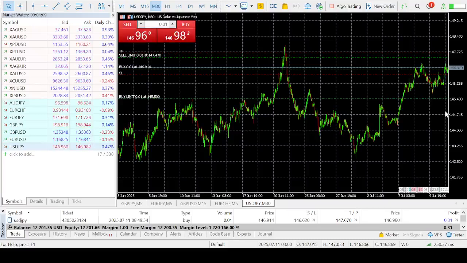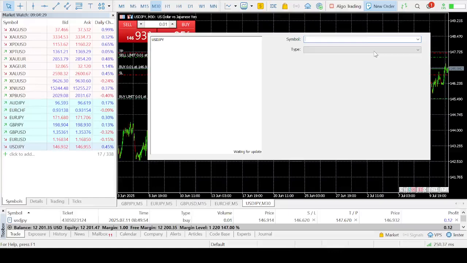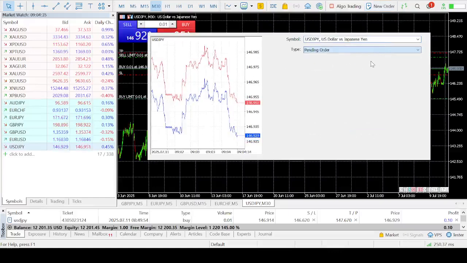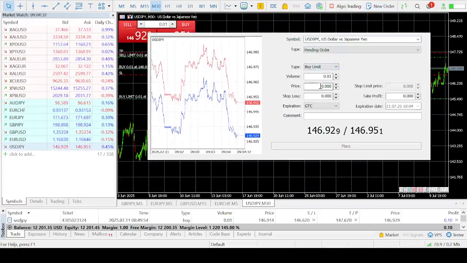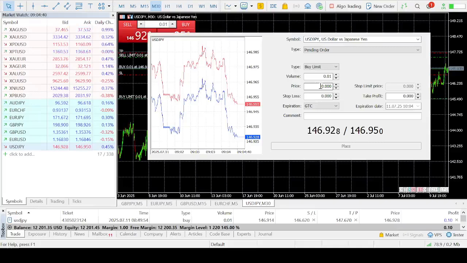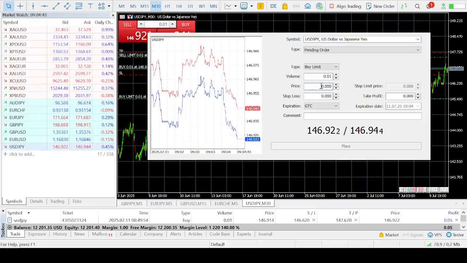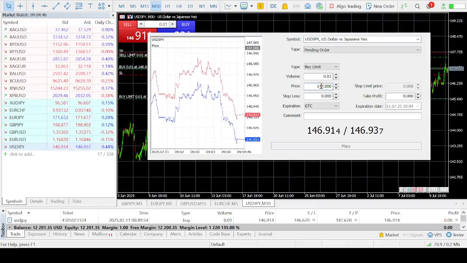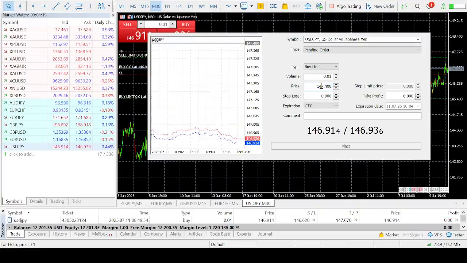That is sell limit. Why buy stop? Meaning that buy stop can be placed above the buy position. Okay, now let's go back, sorry, one minute, to our new order again. Now I want to enter that price of our sell limit. That price of our sell limit was 147.4